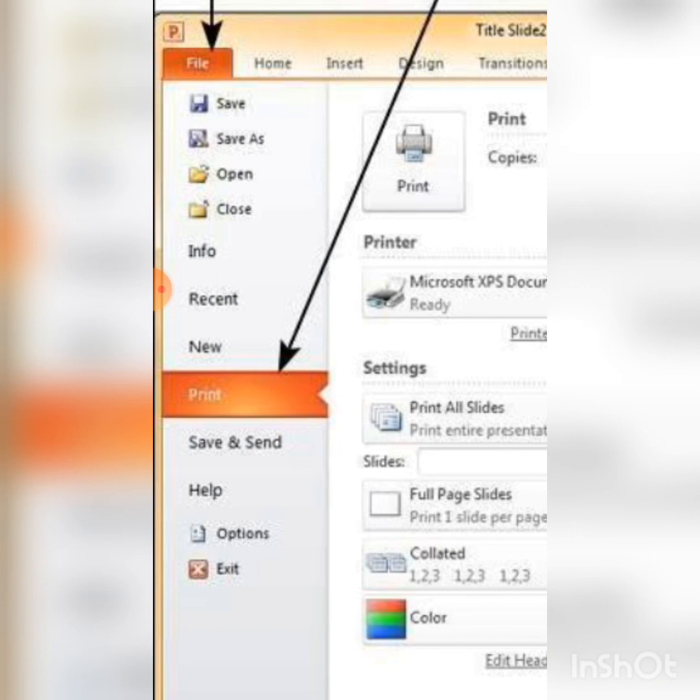Full page slide prints a full page of each slide in the presentation. Note page prints each slide along with any speaker note for the slide. Outline prints the overall text of the entire presentation. And handout prints a thumbnail version of each slide with optional space for notes. The optional space allows you to take notes on each slide. You can also print all the pages of the same copy, or page 1 of all the copies, page 2 of all the copies, and so on. Then finally click print to print the slides.